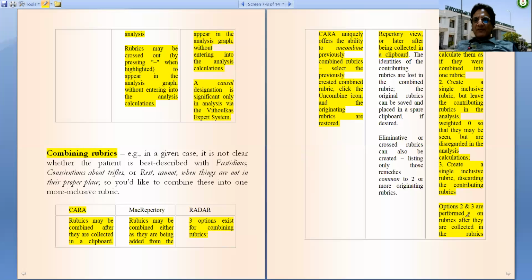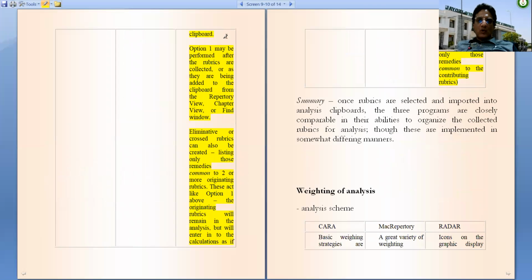Options 2 and 3 are performed on rubrics after they are collected in the rubric clipboard. Option 1 may be performed after the rubrics are collected or as they are being added to the clipboard. Both eliminative or crossed rubrics can also be created, listing only those remedies common to the two or more originating rubrics.